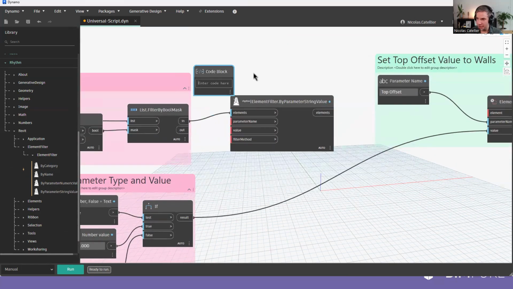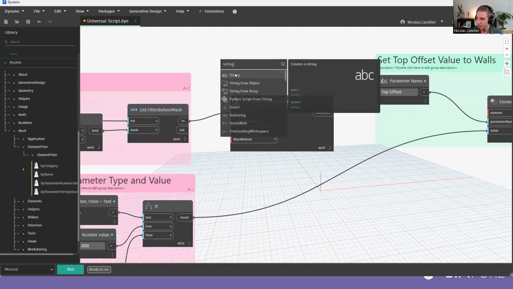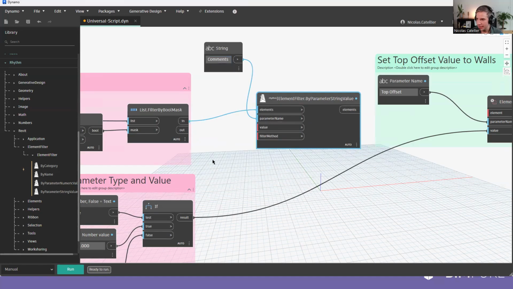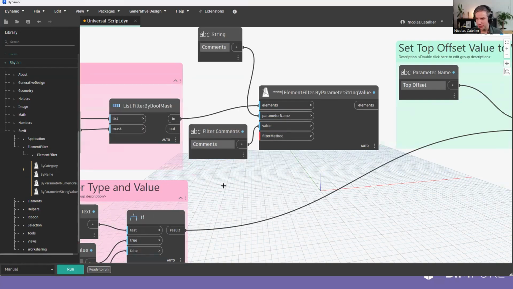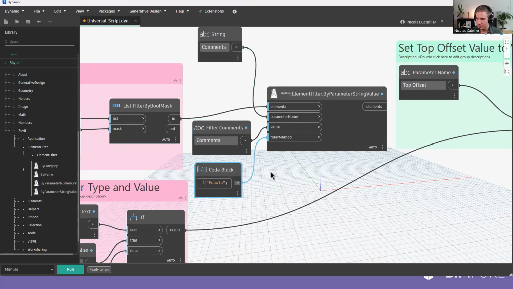and I can add the parameter name. Let me create a new string value, and I will say it's the comments. And the value should also be a string. And let's rename the string node so I can use it inside of the Dynamo player. I will right click it and say is input. This will be the value. And for filter method, I simply need to type in equals, because I could say starts with or ends with, similar to when you use schedule filtering in Revit. And this one I will call